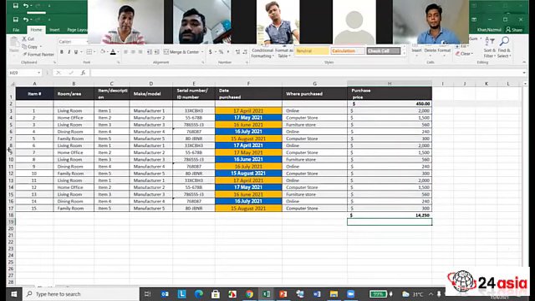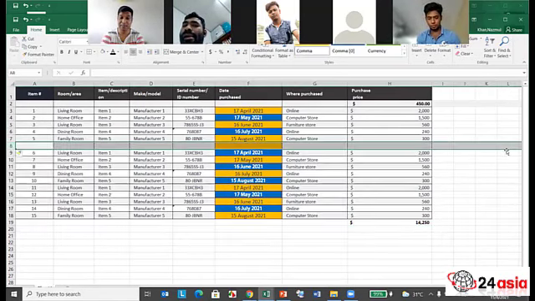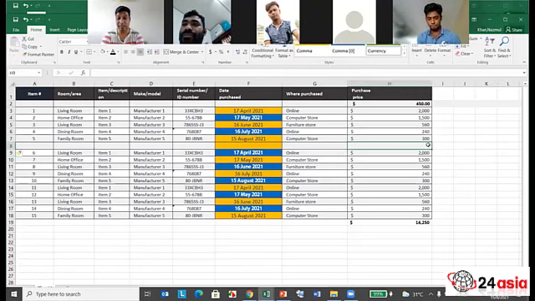And now if you insert a new column here in the middle and you add an additional value, let's say 500 or 1,500, you will notice that